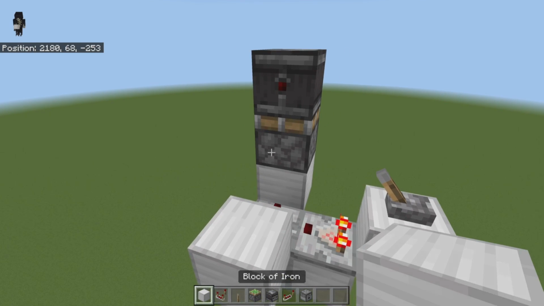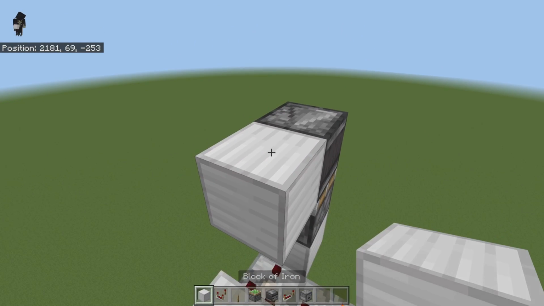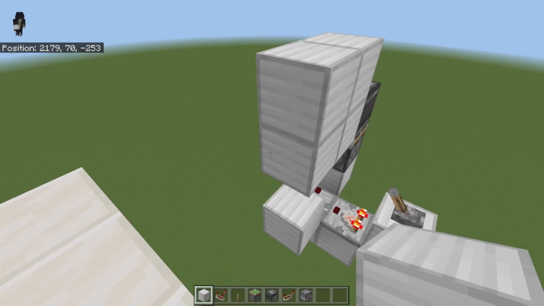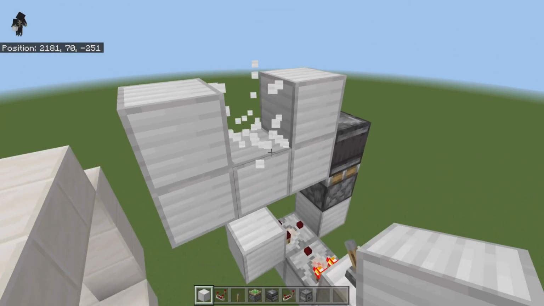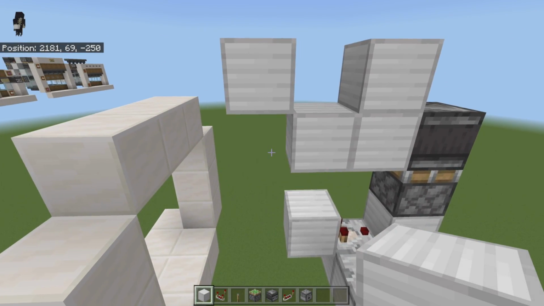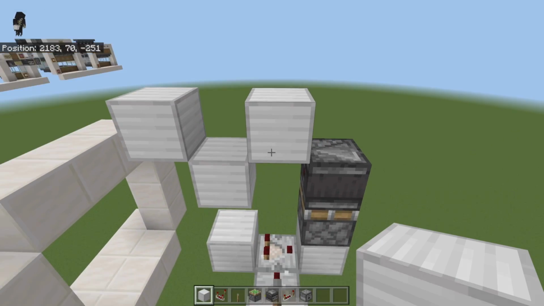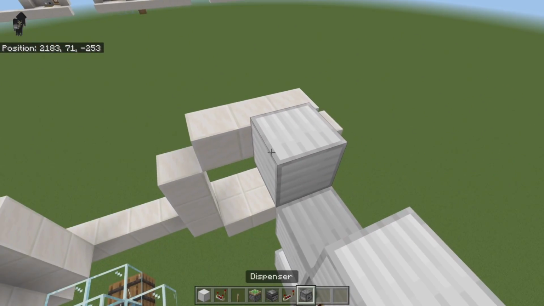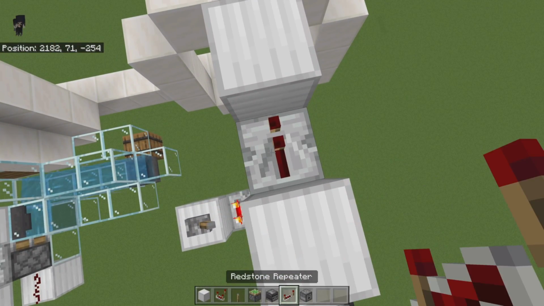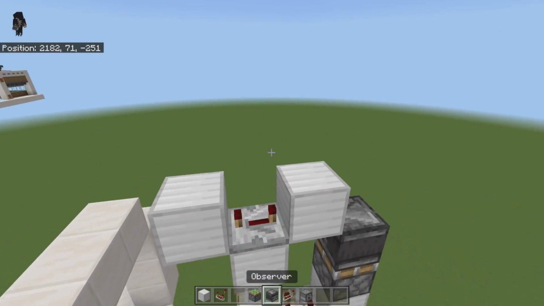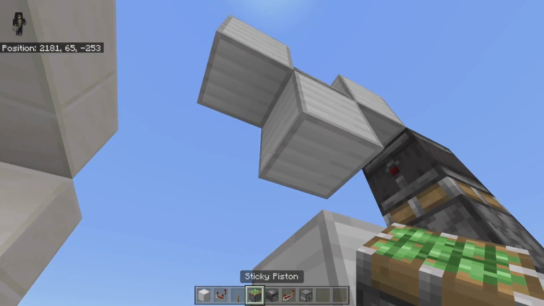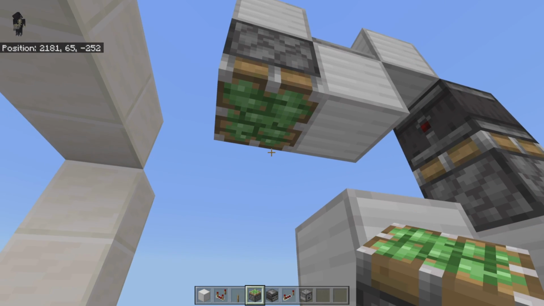Then in front of that, we're going to go ahead and place in a block up there and a block right there. Go ahead and place 2 more just like this and make yourself a U shape like that. And then you can break out the corners like so, so you're left with this U shape. Then go ahead and place yourself in a repeater like this and place that on 4 ticks. And then directly underneath this block, we're going to come right down here with a sticky piston facing down just